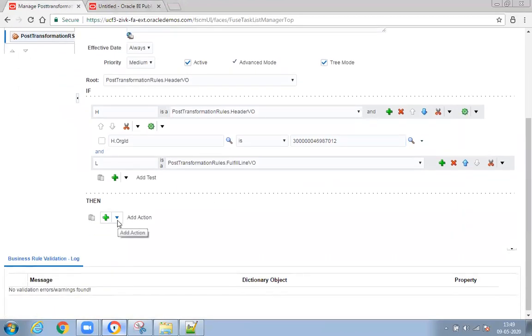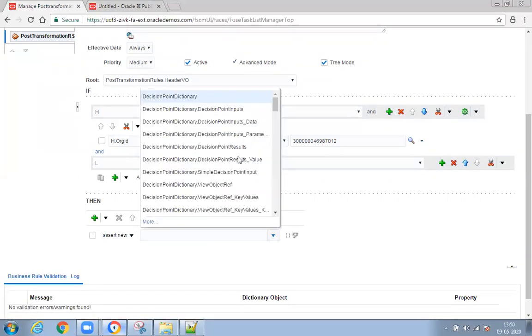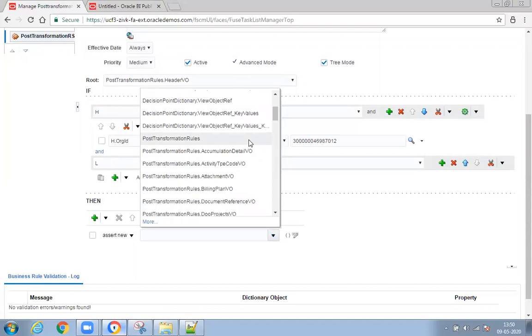I'm going to update my already existing fulfillment line. Why? Because I copied the order, the line is already there. On the existing line, I'm going to update my billing transaction type ID as invoice. So click on plus symbol, assert new.